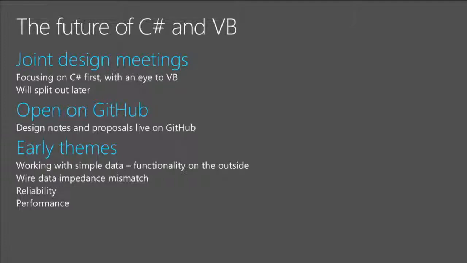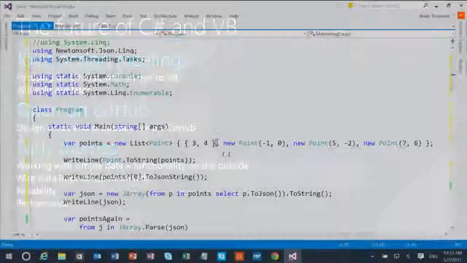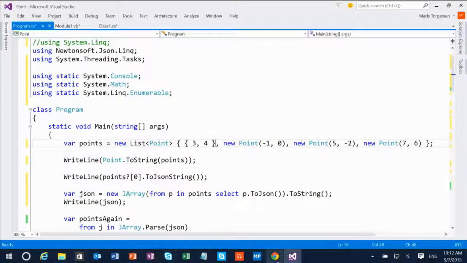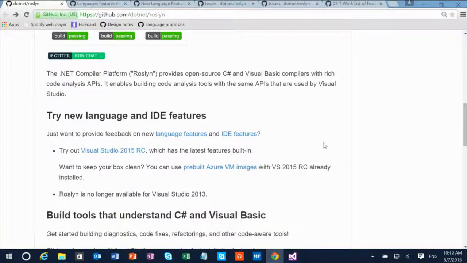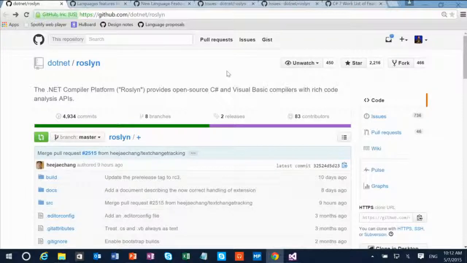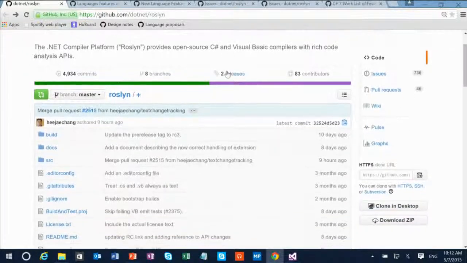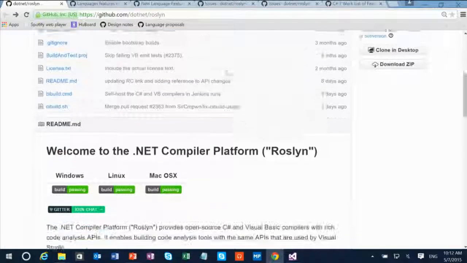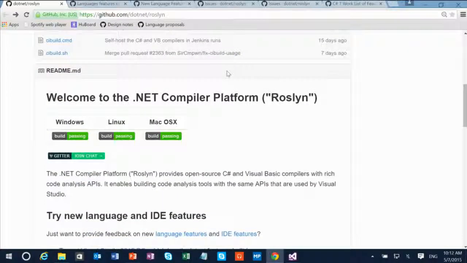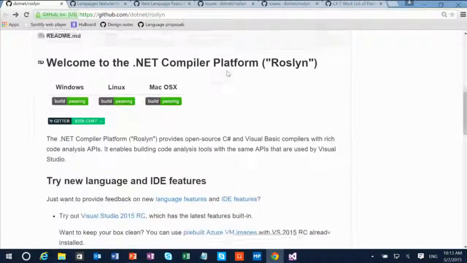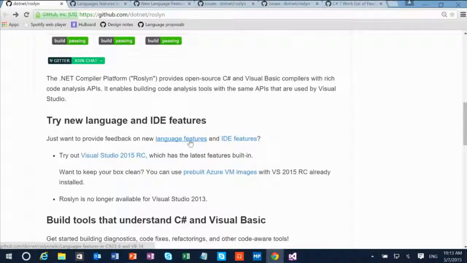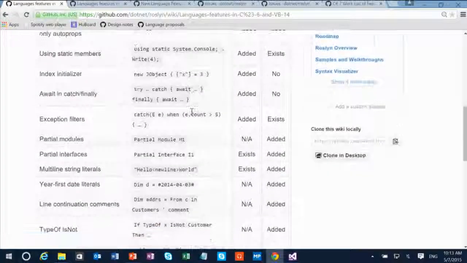I can quickly switch to, yes, it's Chrome, it's not IE, because GitHub runs better on Chrome. So if I go to GitHub quickly, I'll give you a tour of the GitHub site, if you will. Here's the home page if you want to learn about new language features. It's github.com/dotnet/roslyn. If you want to learn about language features, here's an overview of all the features I told you about